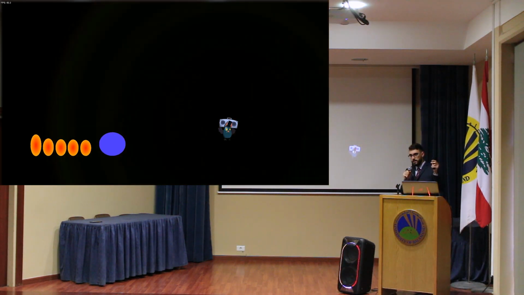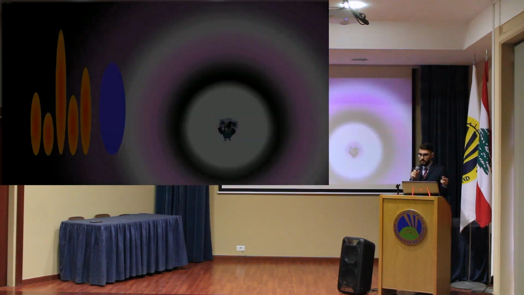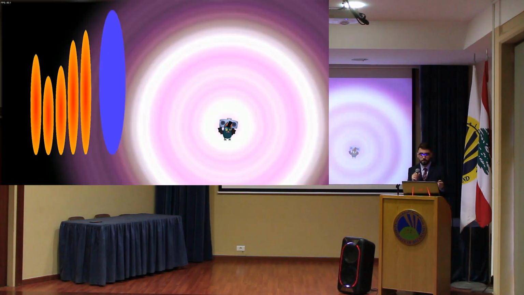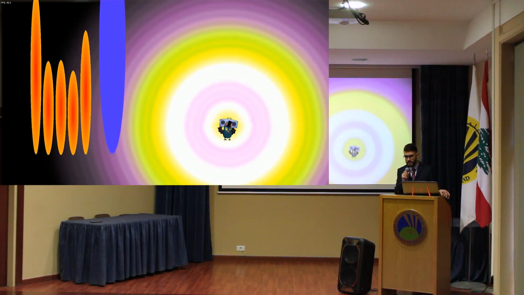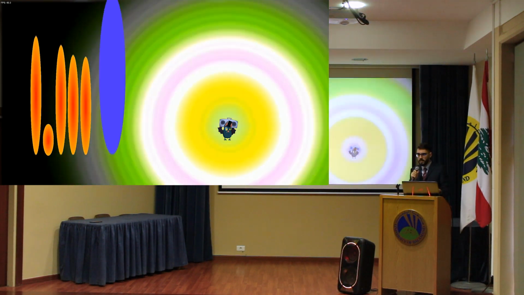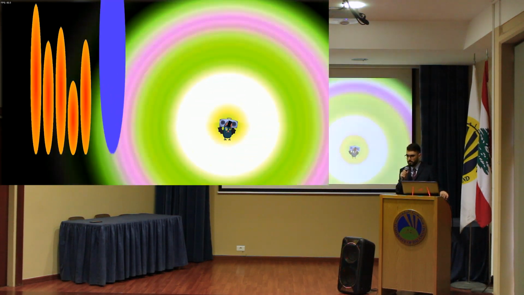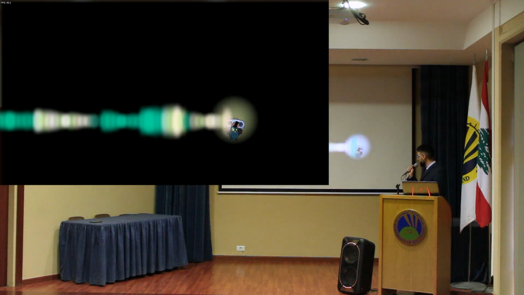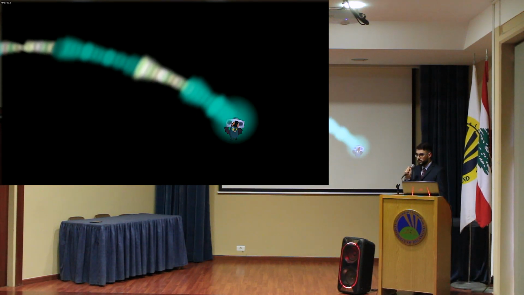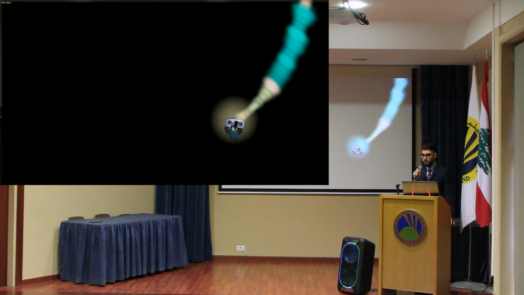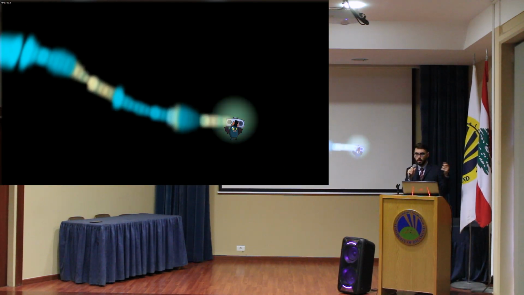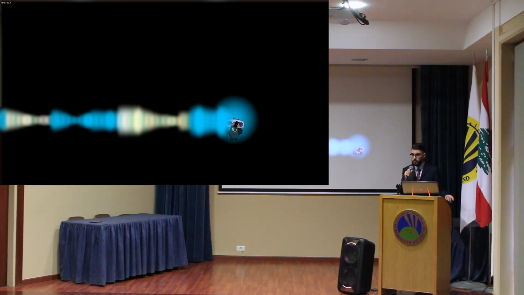Now, applying this system with randomized colors to my previous example gives me this, which is colored waves. Basically, from there I had the basis of my game. The same process, almost the same process, was applied to the shooting system, which we can see here. The shooting itself is reactive to the music in both its shape and function, which means that shooting with loud music will do more damage to enemies.